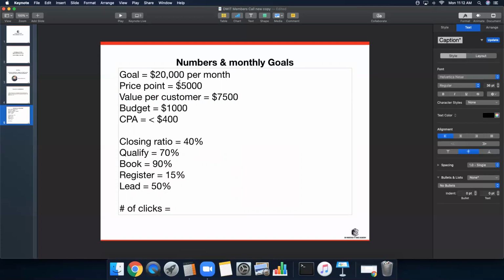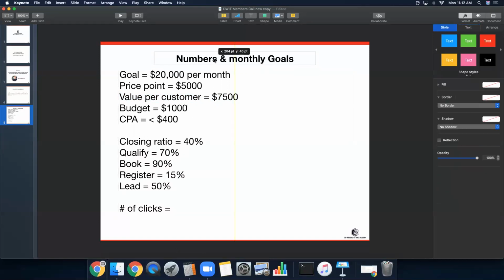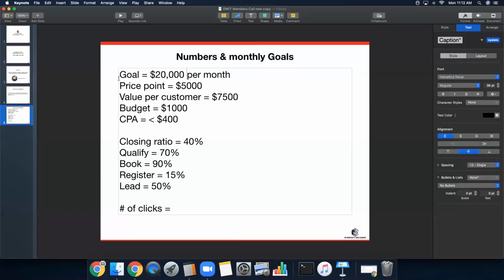But think about this now. If I were to say yes to a client, or if you were to look at your numbers and you're going to go, okay, I need to make 20 grand per month. I need to do it solely on paid advertising. I don't want to put in any work anywhere else. I don't want partnerships. I don't want to do SEO. I don't want to be out there actively marketing. I want passive marketing, my paid advertising. I only have $1,000 per month in my budget.